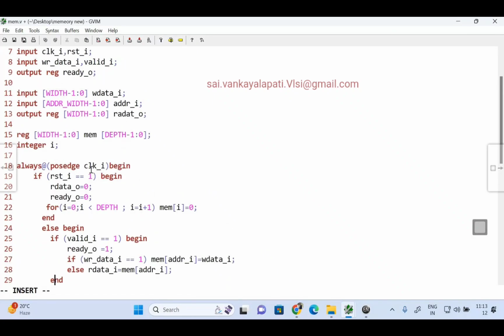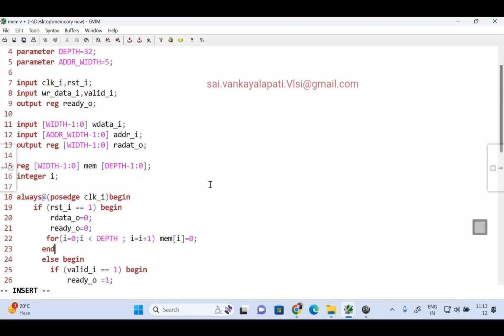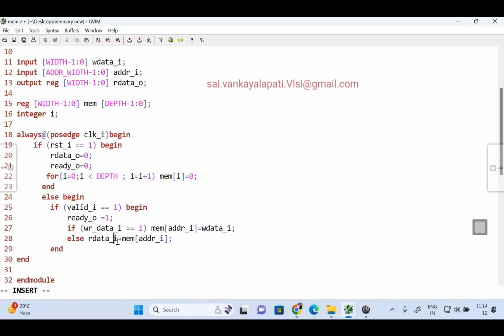Understand this program properly. So we have declared the port C. The declaration of output ready. Read the 13th line, sir. That read data, right? This should be R data, not a with right. Okay, that's a spelling mistake. This is nothing but R data. But you have not used the same name in the last line, sir. R data underscore, this is nothing but output.